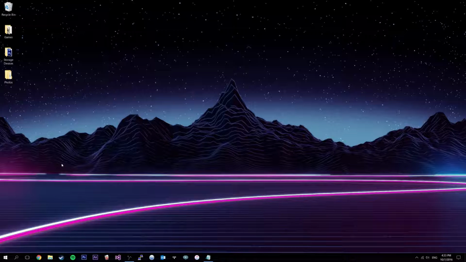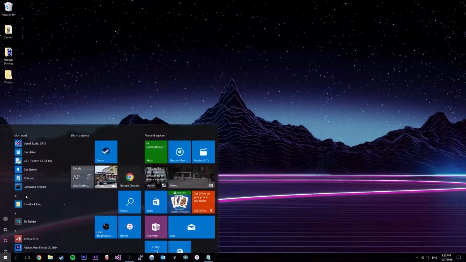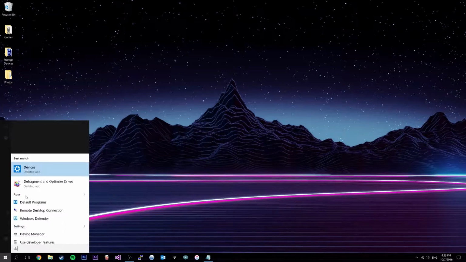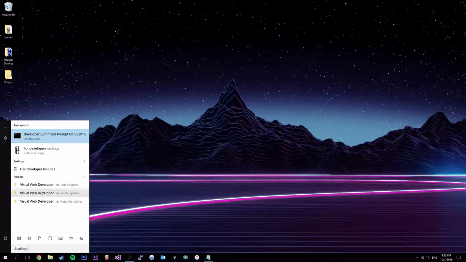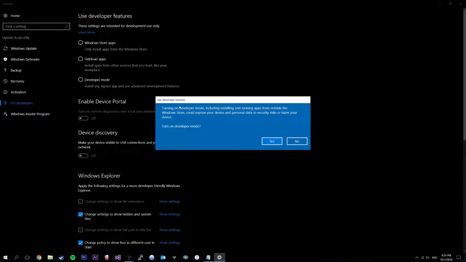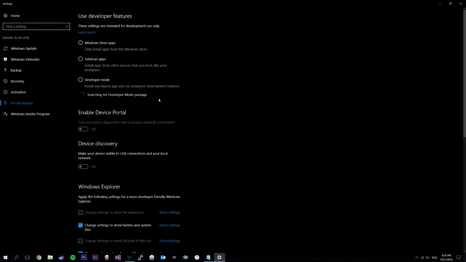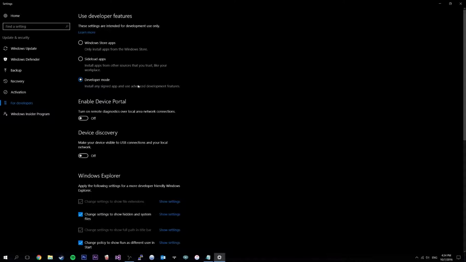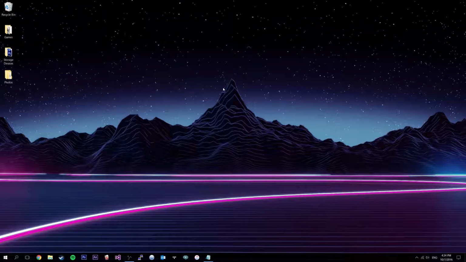After you've ensured that you have Windows 10 anniversary update, you're going to want to open the search box and type developer so we can make sure that the developer mode is enabled, because it must be for this to work. So in the use developer features window, we'll want to enable developer mode, and it's going to warn you. You hit yes, it enables, and once it's fully enabled, you can close the window,